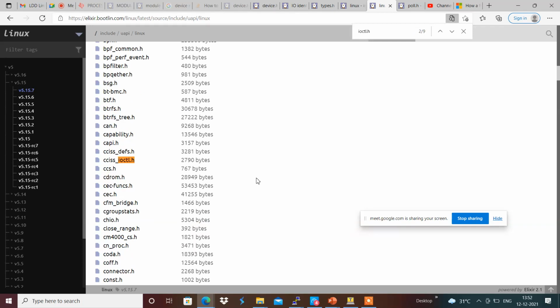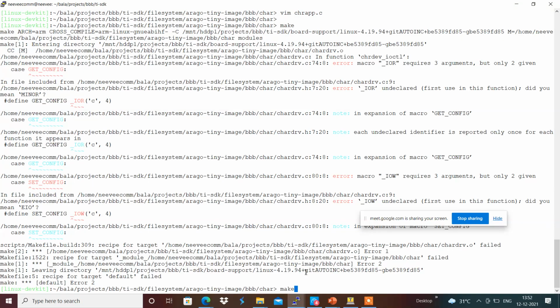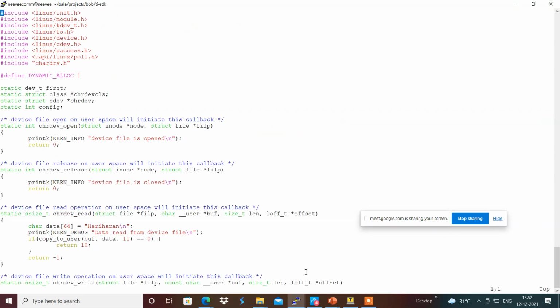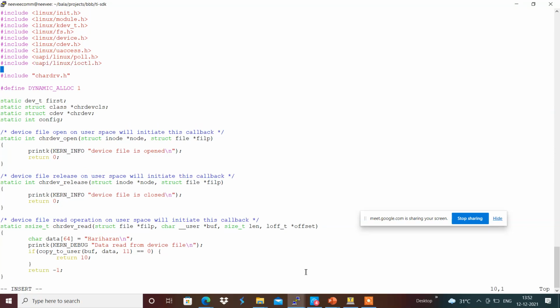Before this one, include UAPI Linux /ioctl.h over here. Now I am going to compile this. Macro requires 3 arguments but only 2 given.